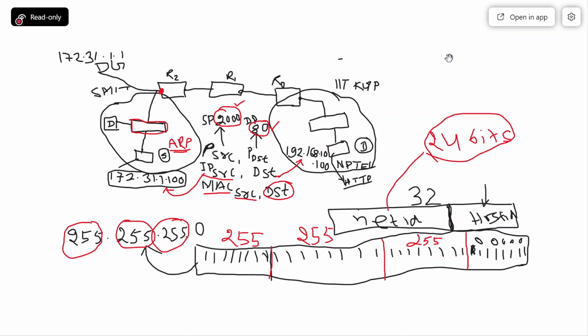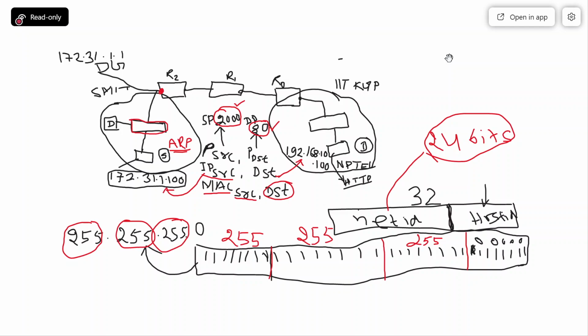So there is no question of crossing the network, no question of inter-networking, no question of routing. A router is only going to be used when we do inter-networking, when we have to cross the boundary of the network. When forwarding a packet out of your network, your computer decides whether the destination is in my network or in another network. Your operating system does all those manipulations and makes a local decision, and based on that it decides whether to take help from the default gateway or not.